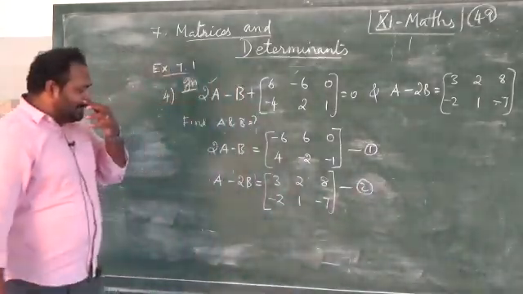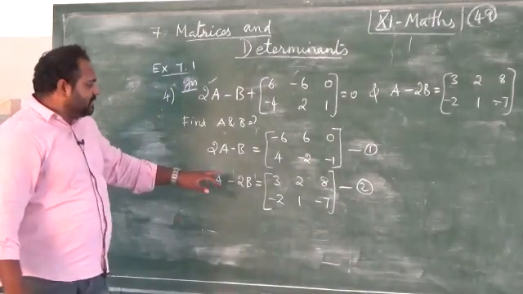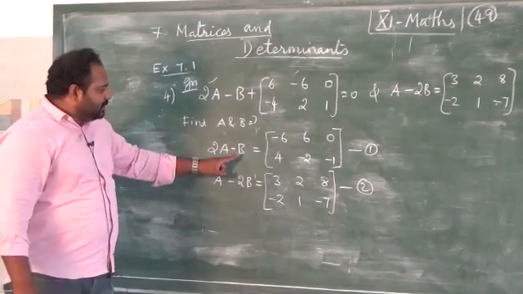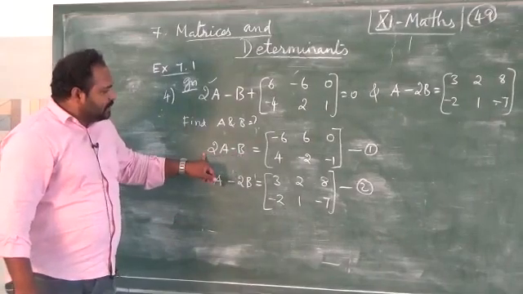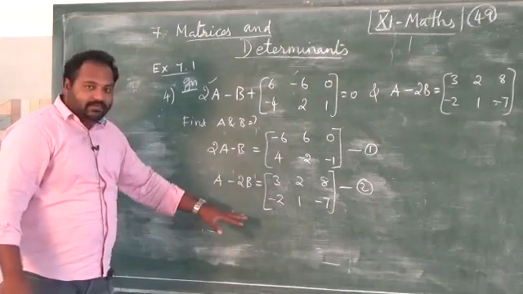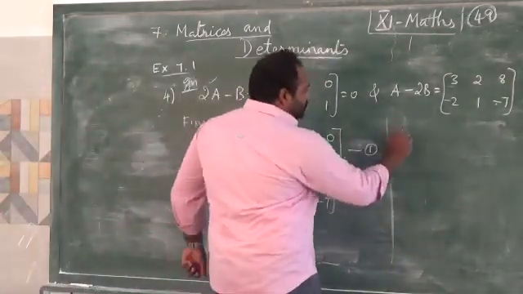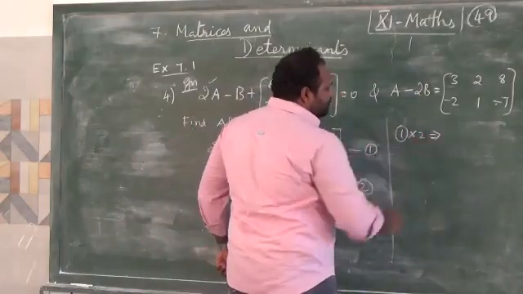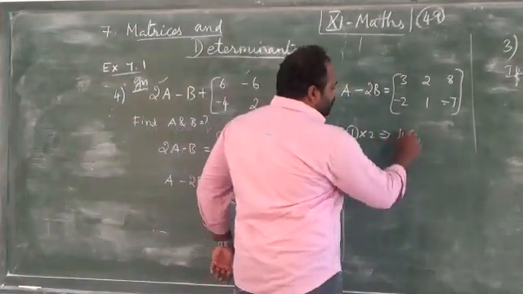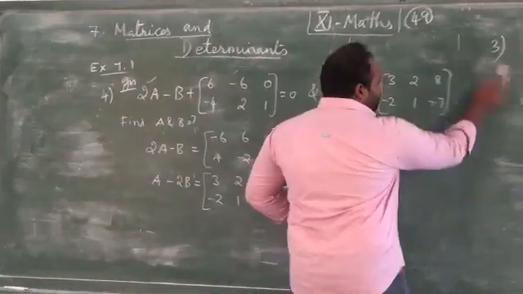Look at these two equations. They are like linear equations. We already know how to solve them, by the elimination method. Here, first I want to eliminate B. How can we eliminate it? If you multiply equation 1 by 2, here you will get 2B, and here 2B. If you change the sign, B will cancel and you will get matrix A. Now, I am going to multiply equation 1 by 2.